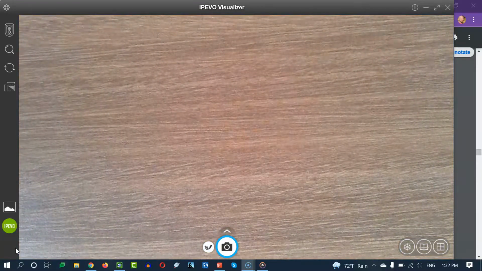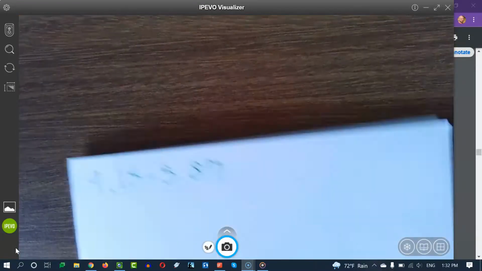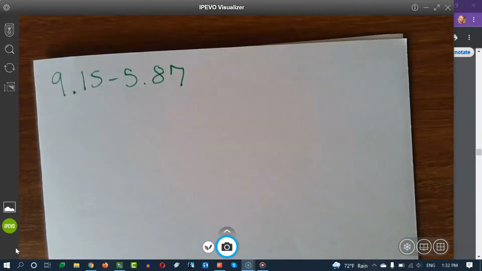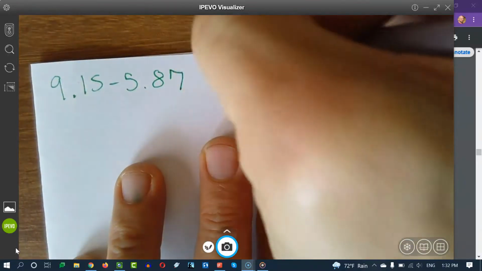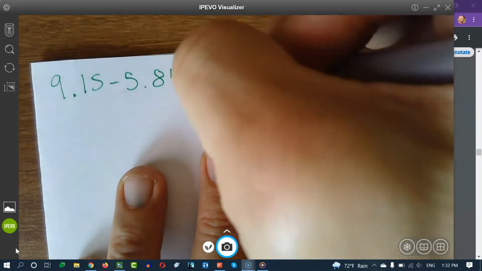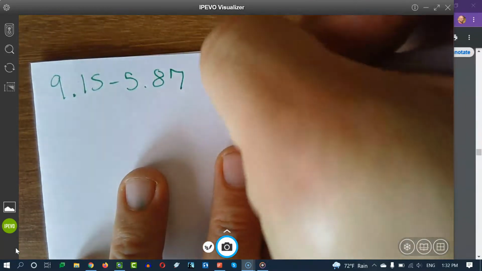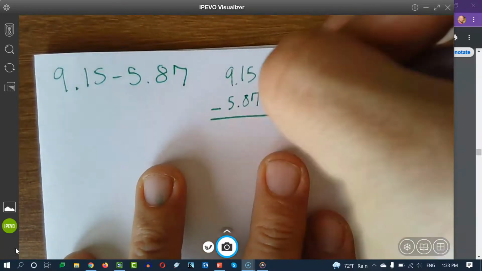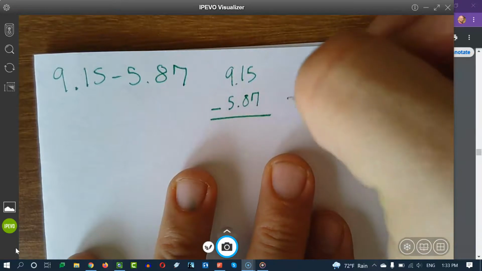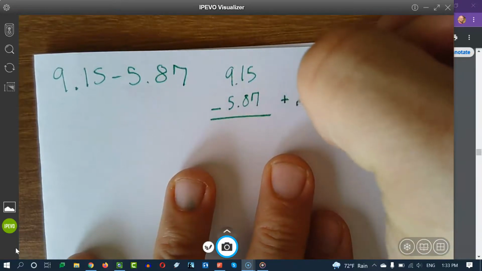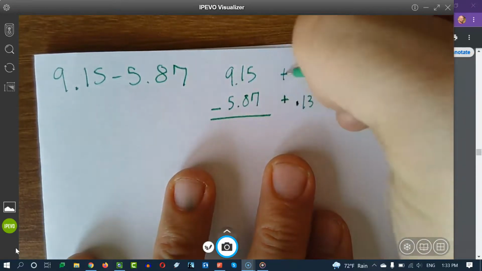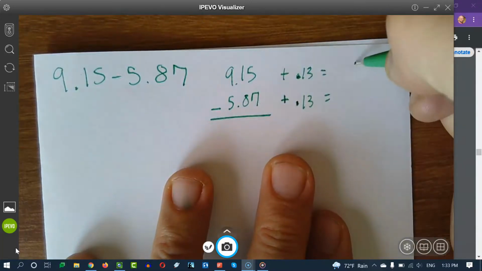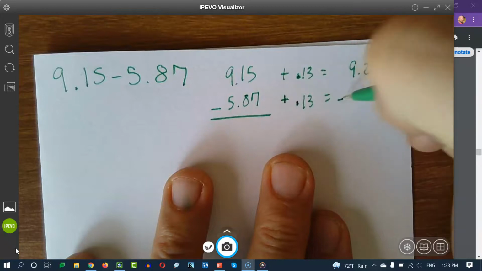Ooh, is that it? I think so. All right. 9 and 15 hundredths minus 5 and 87 hundredths. Okay, so again, rewriting this as a column, paying attention and respecting place value. I don't want to do this problem. I want to get my 5 and 87 hundredths to 6, so that means I'm going to add 13 hundredths. So I need to do that to keep it constant. So my new problem is 9 and 28 hundredths minus